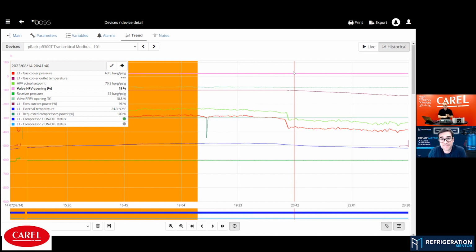Exactly. And the next point, we wouldn't have any issue with our flash gas tank or receiver if we have not enough CO2 in our application. The flash gas valve wouldn't have to do anything to bypass and to keep the pressure low enough in our flash gas tank. So what could be the next problem? Yeah, one more time. Maybe something is wrong with our HPV valve. Or maybe not with the valve. But